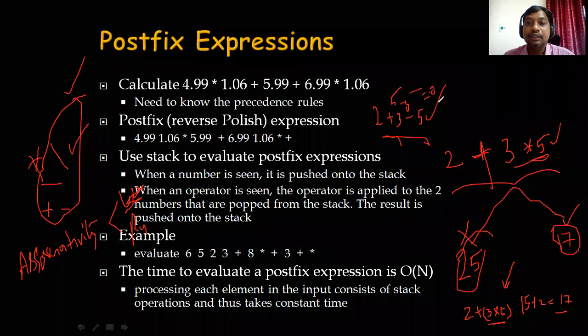You got my point? It's a pretty simple thing. So there is a problem with infix expressions. If you want to evaluate them, you have to consider so many things. You have to remove ambiguity. How to remove ambiguity from the expressions? You have to incorporate associativity rules, you have to incorporate precedence rules, and you have to use a grouping mechanism. You have to use parentheses, which are usually the highest precedence operators.